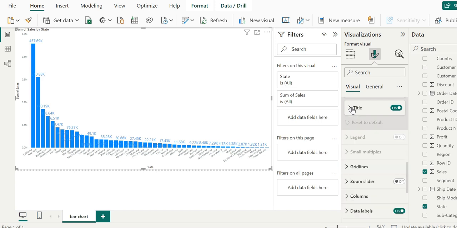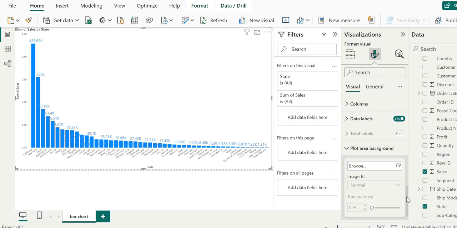Let's quickly go to the end of this particular card.